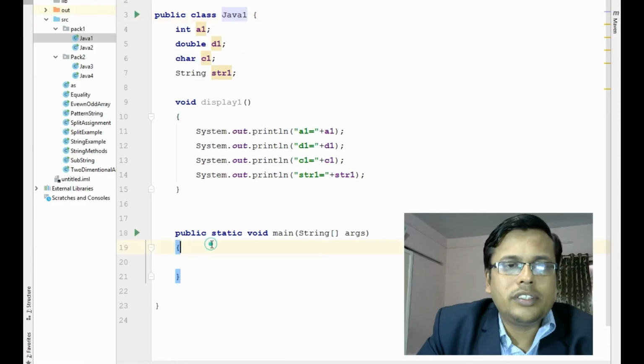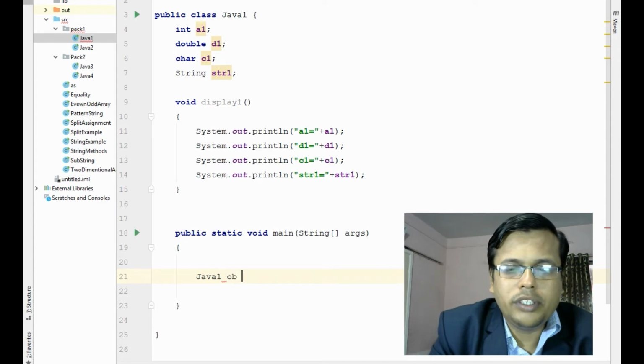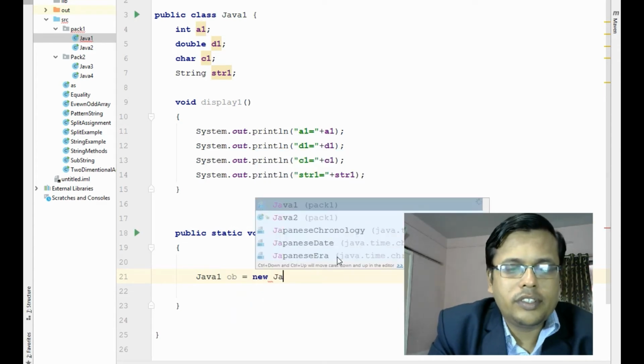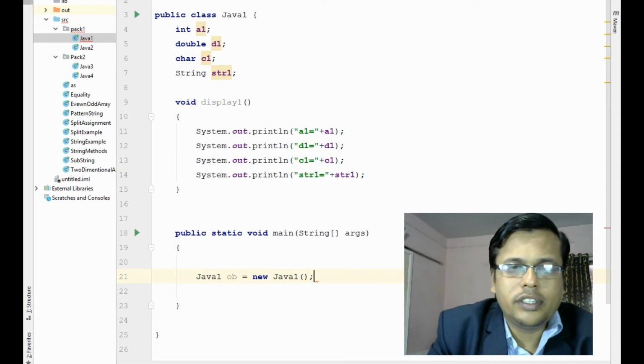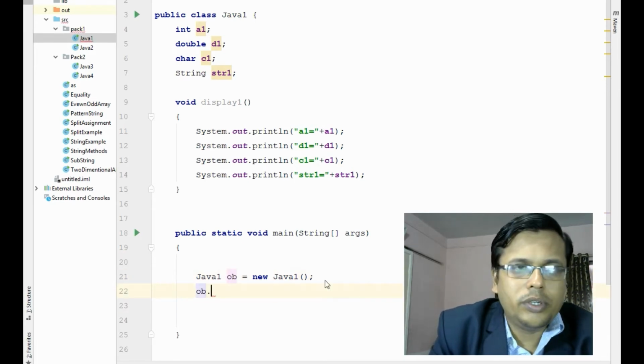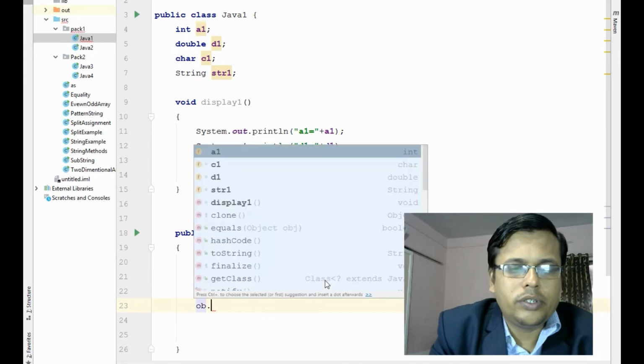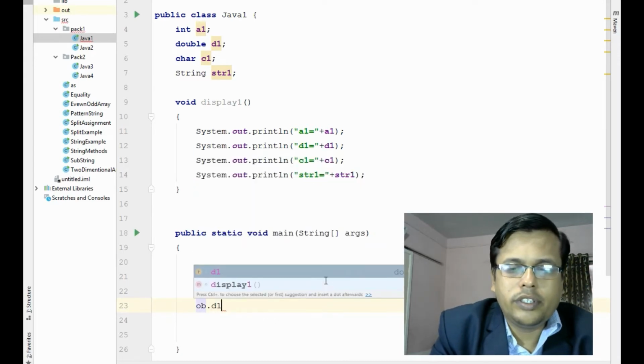I'll create an object of this class: Java1 ob is equal to new Java1, right? So why have I created this object? In order to access these data members or member function. I cannot access these data members directly. So ob dot a1 is equal to, let's say, 10. ob dot d1 is equal to